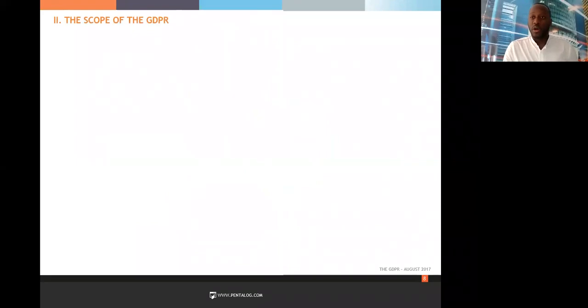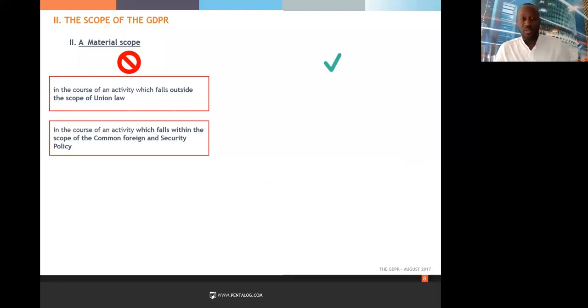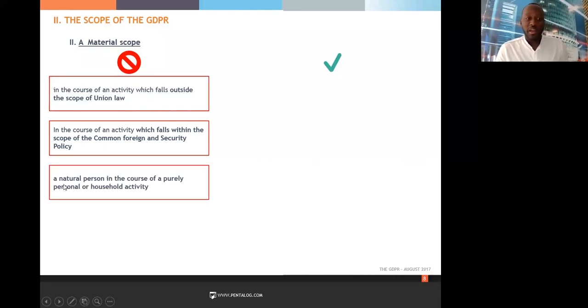What is the scope of the GDPR? When we talk about the scope, we usually talk about the territorial scope and the material scope. But let's start with the material scope. So the GDPR applies in some circumstances and doesn't apply in other circumstances. The GDPR doesn't apply in the course of an activity which falls outside of the scope of Union law. That makes sense. And it doesn't apply in the course of an activity which falls within the scope of a common foreign security policy. The GDPR doesn't apply to a natural person in the course of purely personal or household